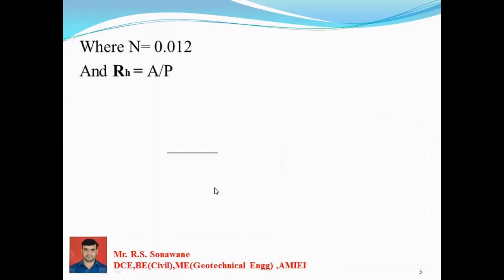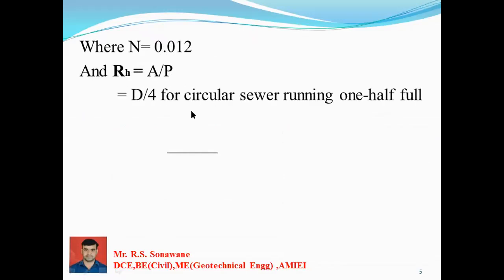Here you know the value of n, that is 0.012, and the hydraulic radius, that is equal to area upon wetted perimeter, as we saw in the previous lecture. It is D by 4 for a circular sewer running full. In the first condition we already saw that in the previous lecture, D by 4. But if a circular sewer is running one half full, is that clear? One half full. Therefore,